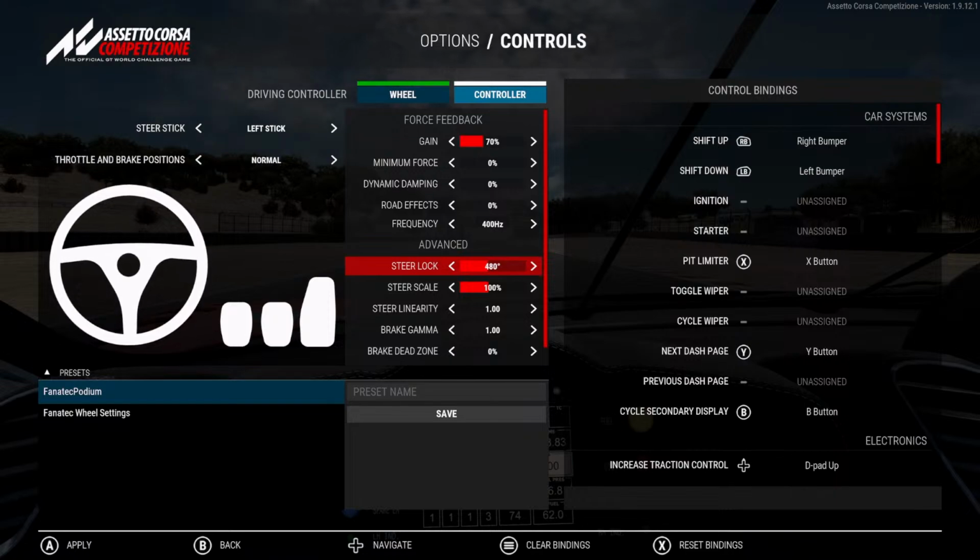I used to be able to control what my steering sensitivity is on my wheel. C set.